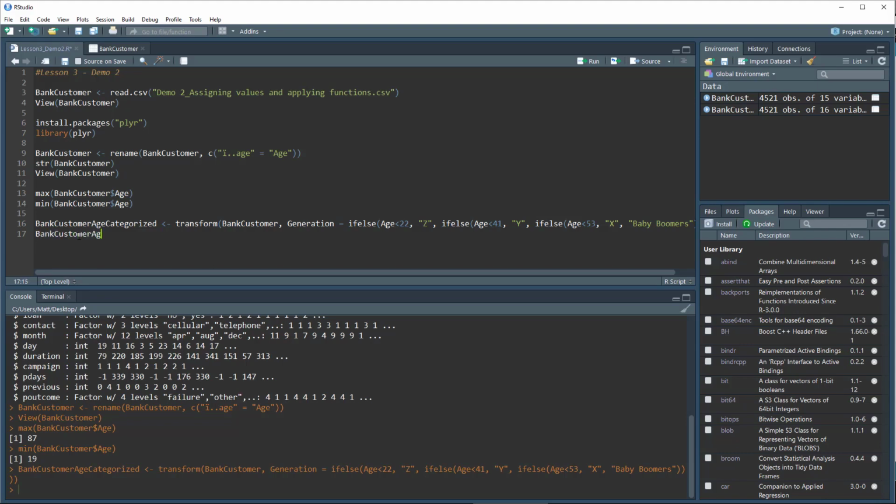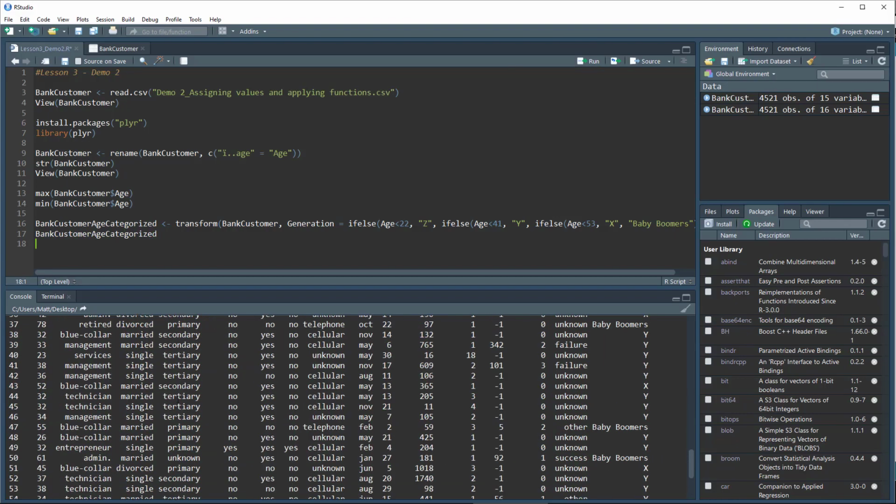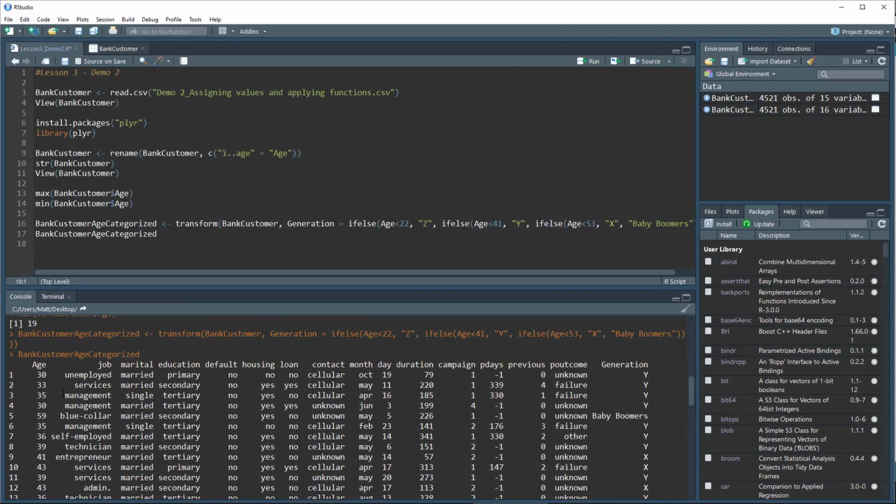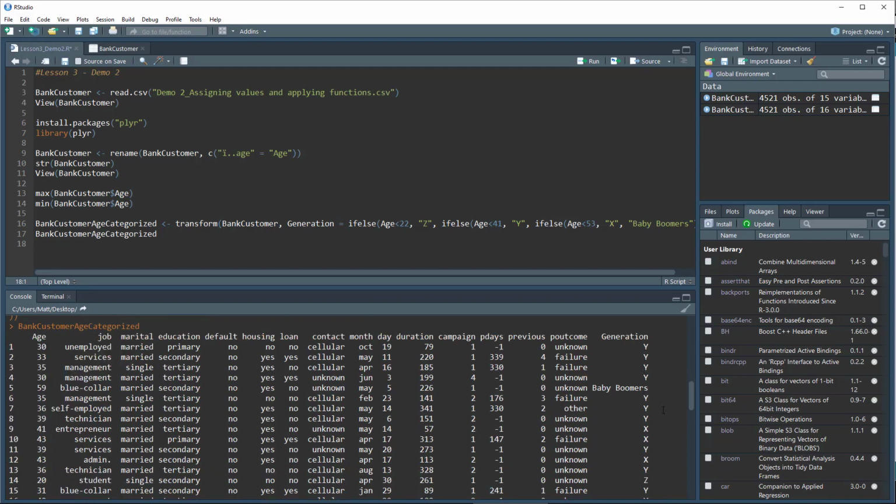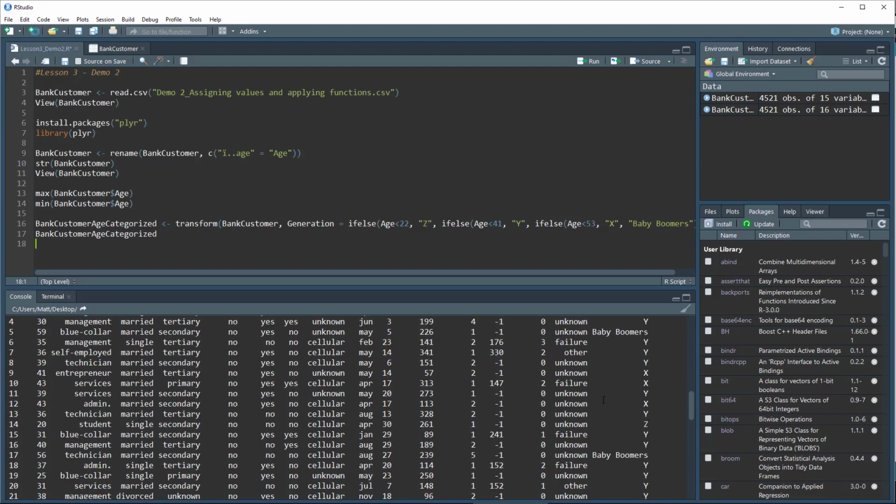And we can look at bank customer age categorized, which you can see shows a sample of that data frame. We still have age here and whatnot, but now we have this generation variable at the end. And so we can see from the sample that there's Ys, there's baby boomers, there's X, there's a Z. So it looks like our function worked. So this new variable has been created and the data is now ready for analysis. And we want to establish a relationship between the previous marketing campaign, that variable P outcome, with this categorized age variable generation here. So one way we could potentially do that is through a two-way